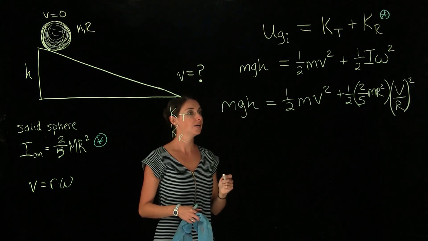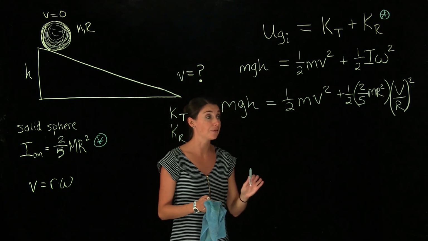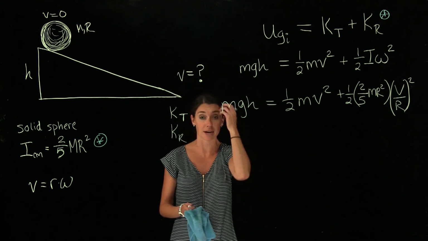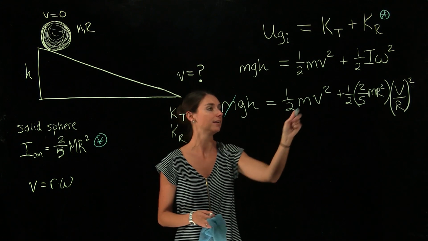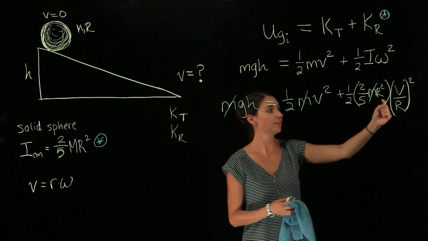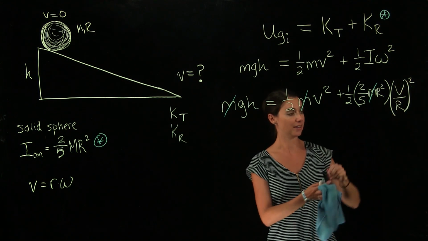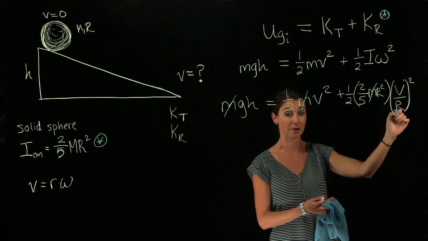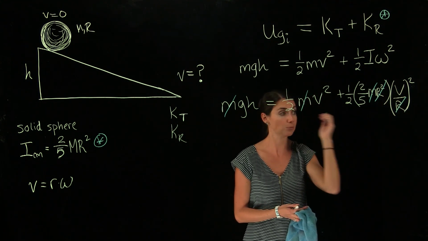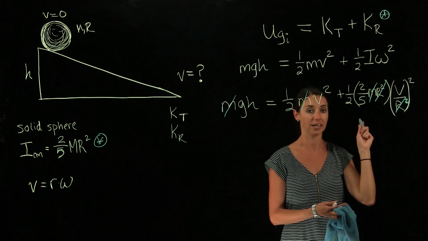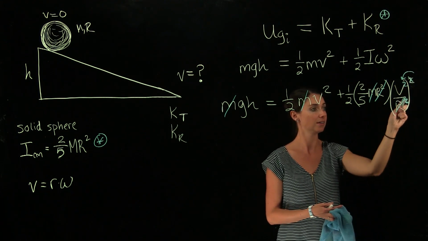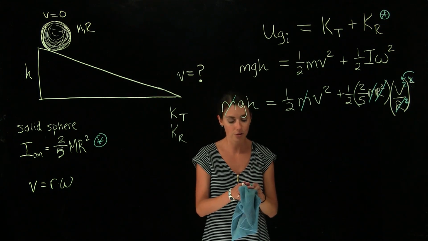Okay. And now I can see a couple things. I've got mass everywhere, so it actually turns out that even if we do know the mass of the object, we don't need it. It's going to cancel out of the equation. And then if you have v over r squared, then you really have r squared at the bottom here. So your r squareds will cancel as well. So that if this was r squared, that's going to cancel out. And if this was v squared, if we kind of move that on the inside, we can cancel those things. So if I look at what I'm left with,